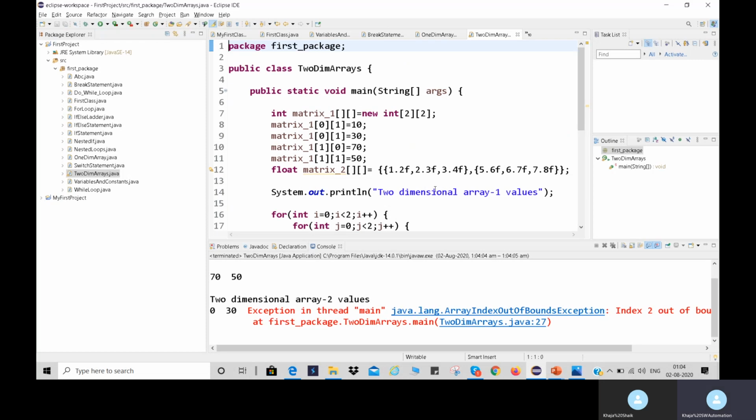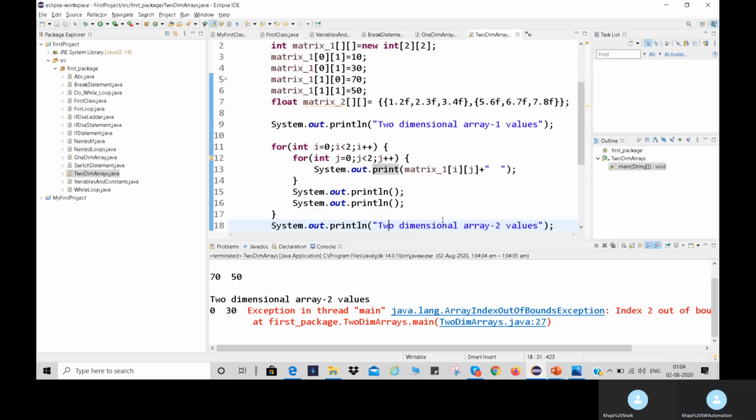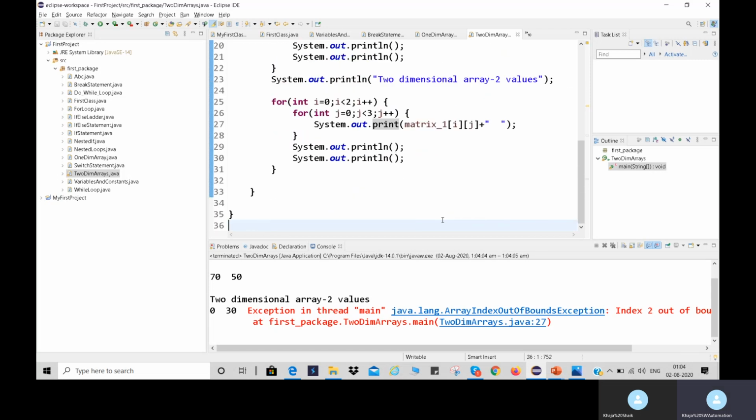Okay, array out of bound exception. 1, 2, 3 values. How many rows? 2 rows. 3. Okay, sorry. This matrix 2, here I'm taking 2 rows, 3 columns, right?